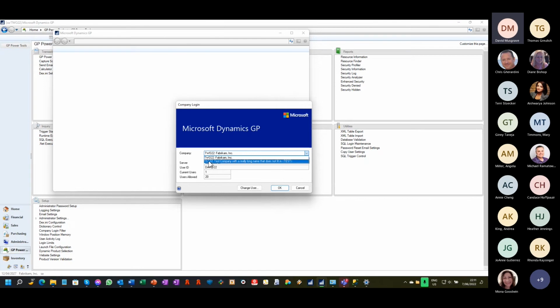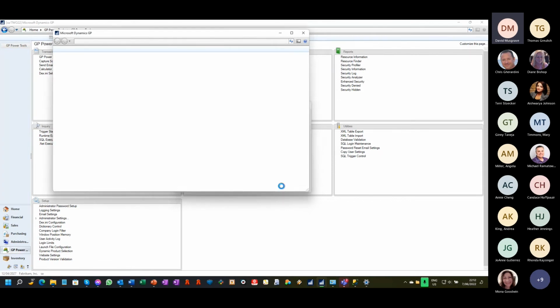It's also prefixing the database names to it. I can put them at the end if I wanted as well. It's made the entire drop-down list wider, so I can see when I've got a really long company name. And when I log in,